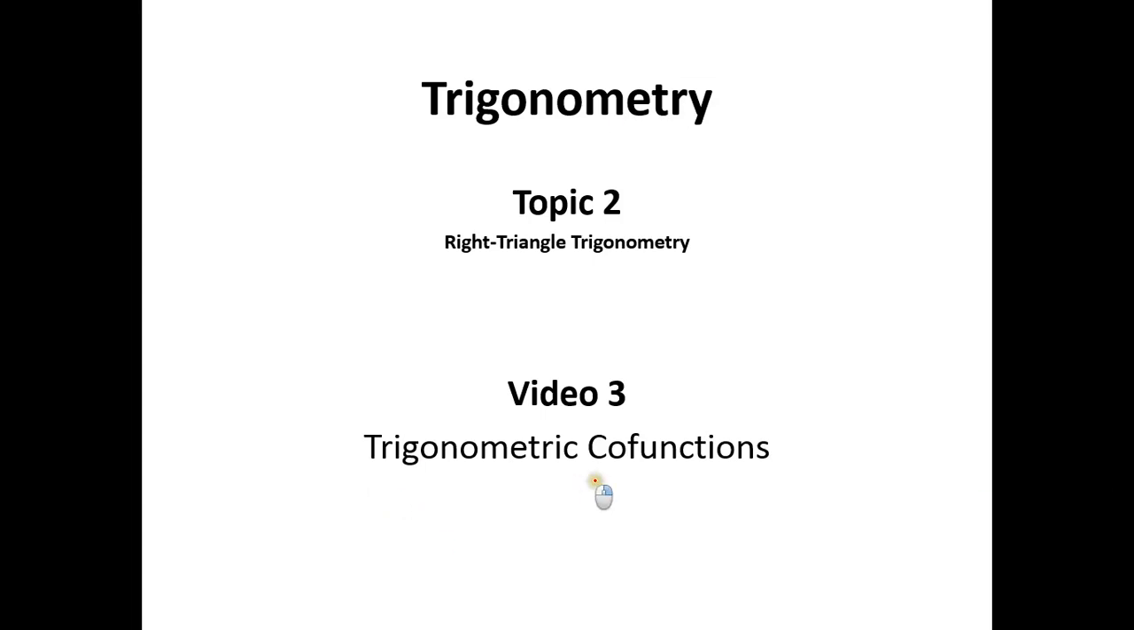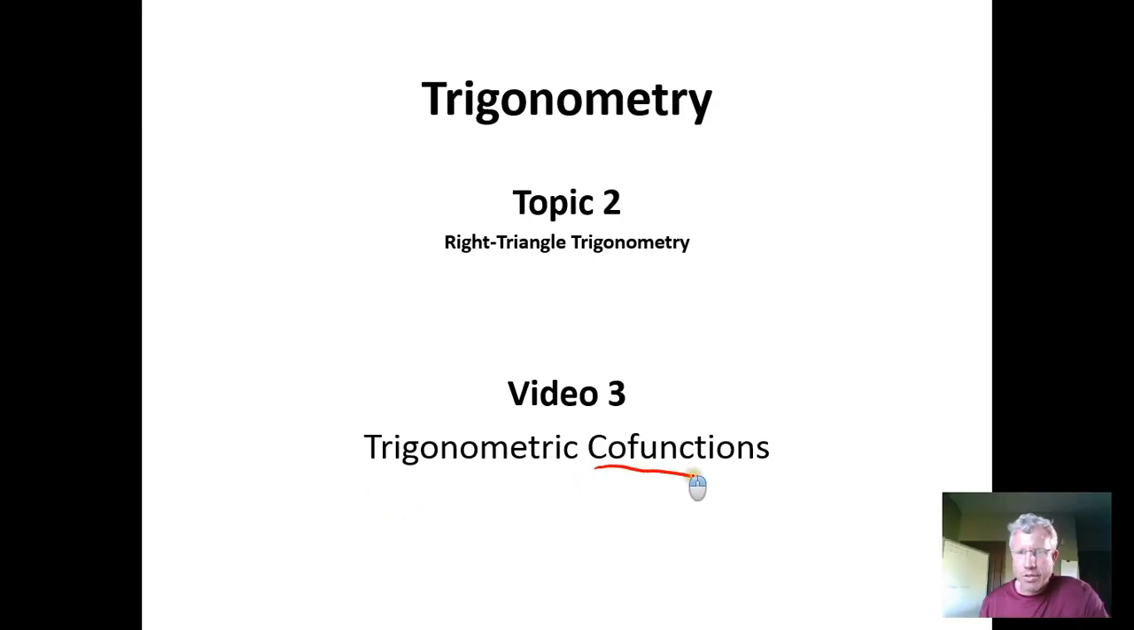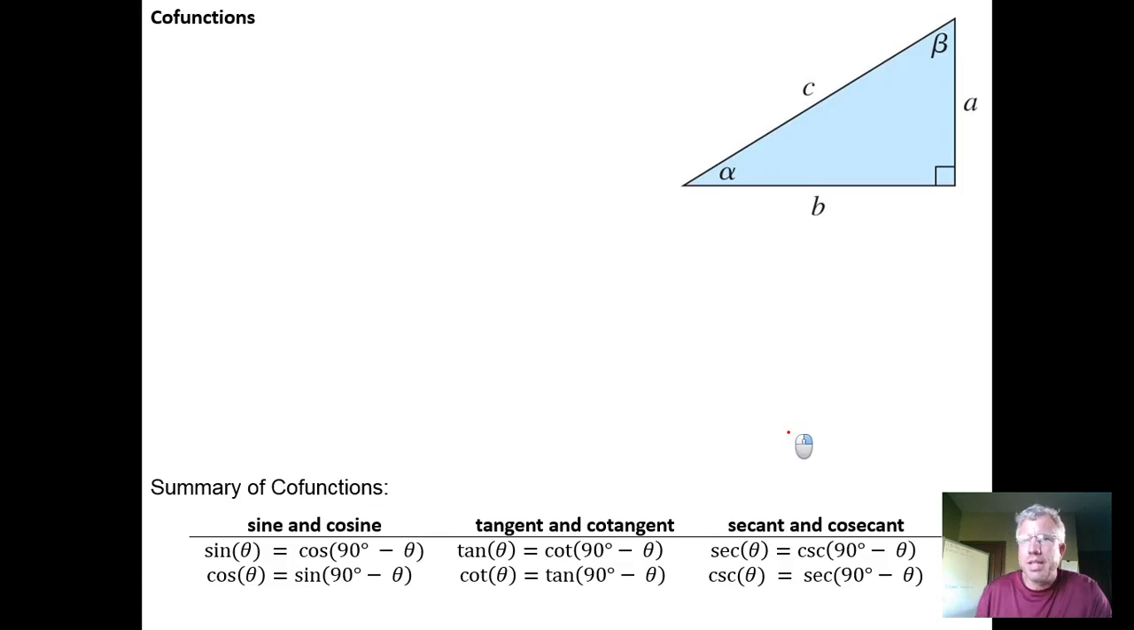So in this video we're going to go over the idea of trigonometric cofunctions. So here's the idea. If you have a right triangle and you have a given angle alpha and beta, so you have two acute angles on this 90-degree triangle, you know that alpha plus beta plus 90 degrees has to add up to 180 degrees, or if you're working in radian world, you know that alpha plus beta plus 90